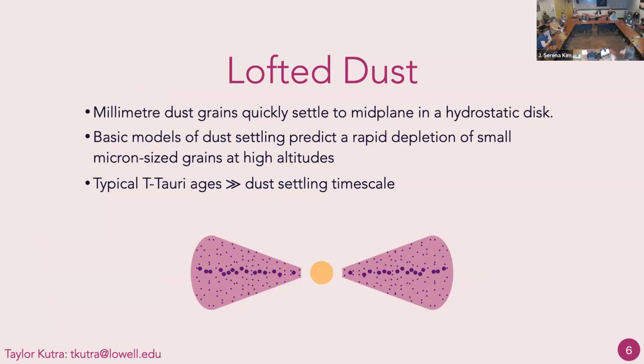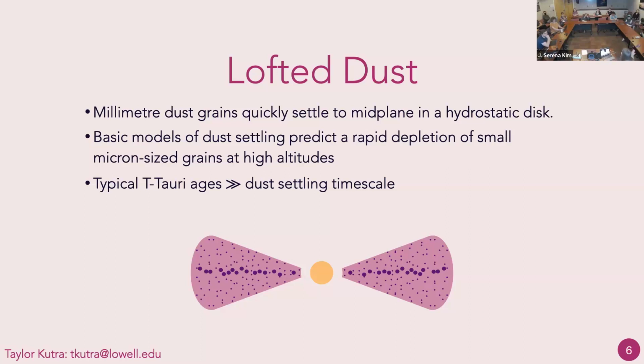These are the larger grains. They settle quickly to the midplane. But the micron-sized dust, we think of as entrained in the gas, and all of its motions are determined by the gas motions. But really, if you look at the settling timescales for even this micron-sized dust in really low density environments, that would be the case at several scale heights off of the midplane of the disk, where the optical surface is. The settling time is actually really quick, and so it's a problem because we see these disks having